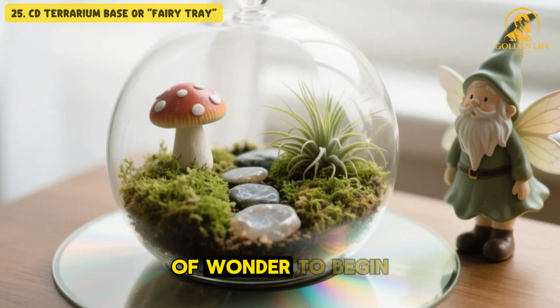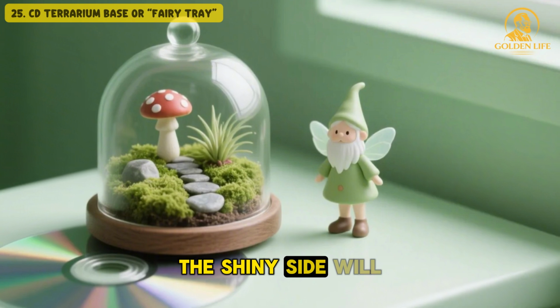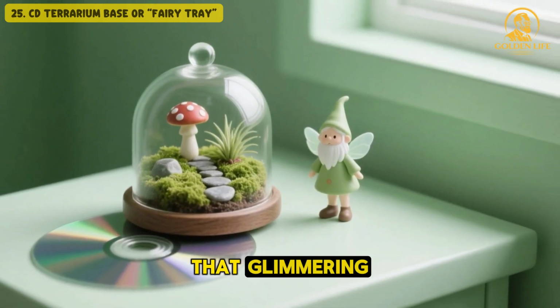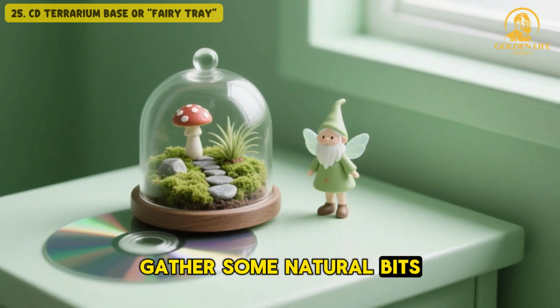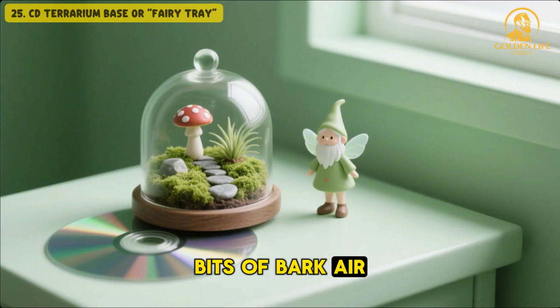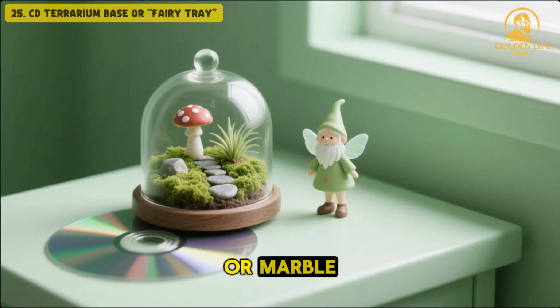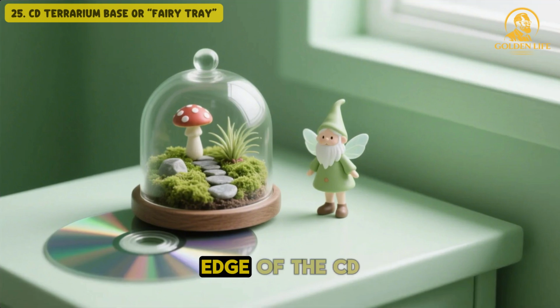a sense of wonder. To begin, take one CD and clean it gently. The shiny side will serve as your light-catching ground, giving your terrarium that glimmering, otherworldly feel. Next, gather some natural bits and bobs: pebbles, bits of bark, air plants, dried moss, acorns, or even a tiny figurine or marble. Start by gluing a soft ring of moss or twine around the edge of the CD to